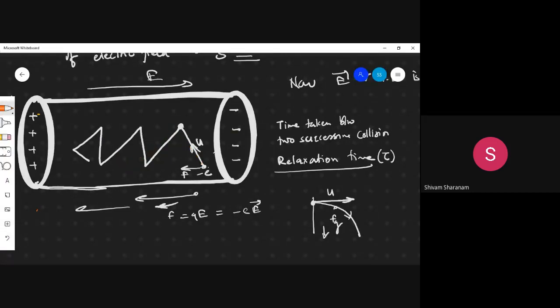Okay. This was the original path in the absence of the electric field, yes or no? Yes, sir. Okay, that was your original path. But as you have applied the electric field, that does not mean that this velocity will vanish from here. Aisa nahi hoga ki ye velocity vanish ho jaye. No, it will not happen. But this velocity will be there, and another thing will be there: the electric field is acting, and due to the electric field the electron will experience a force.